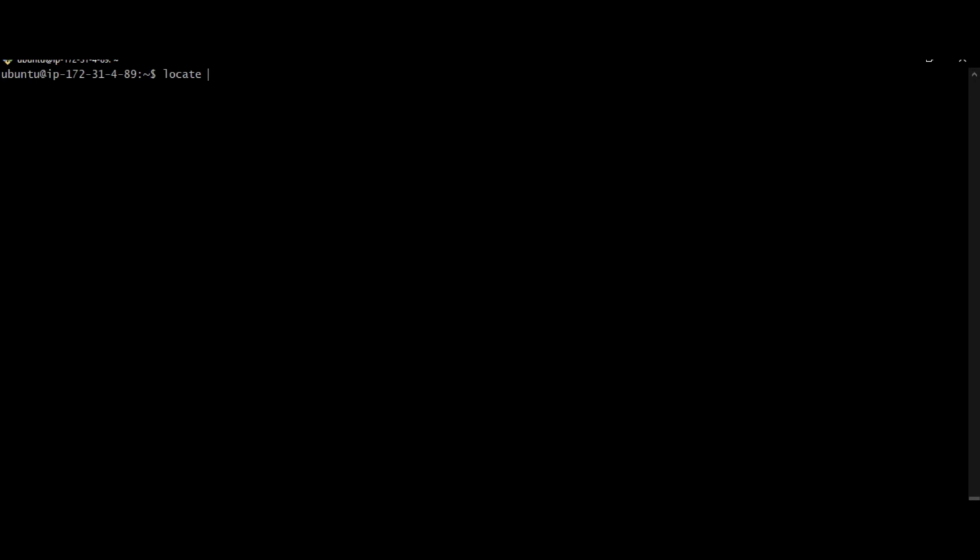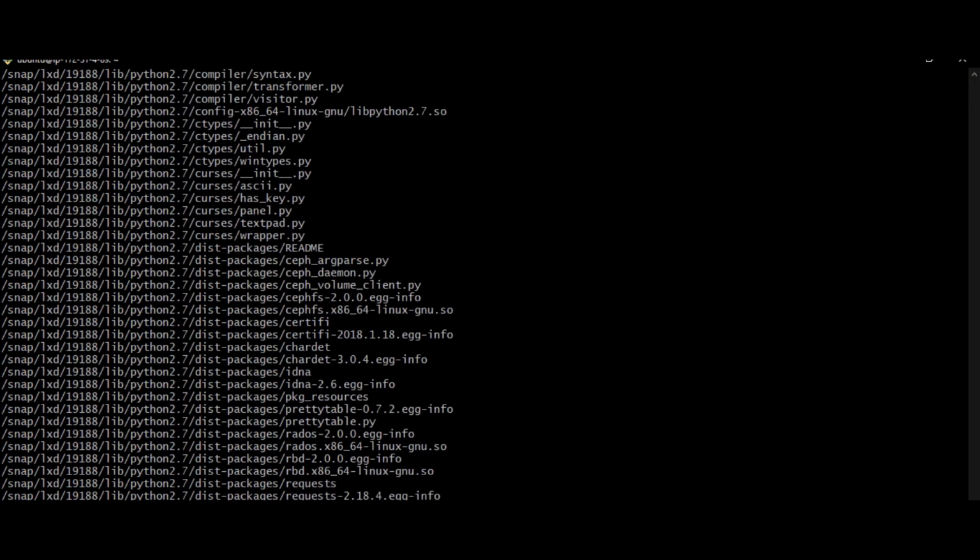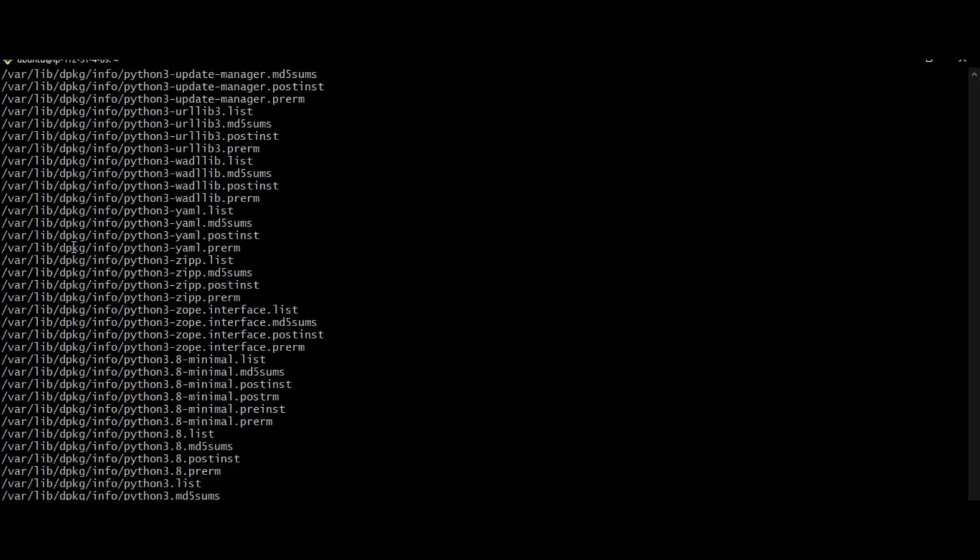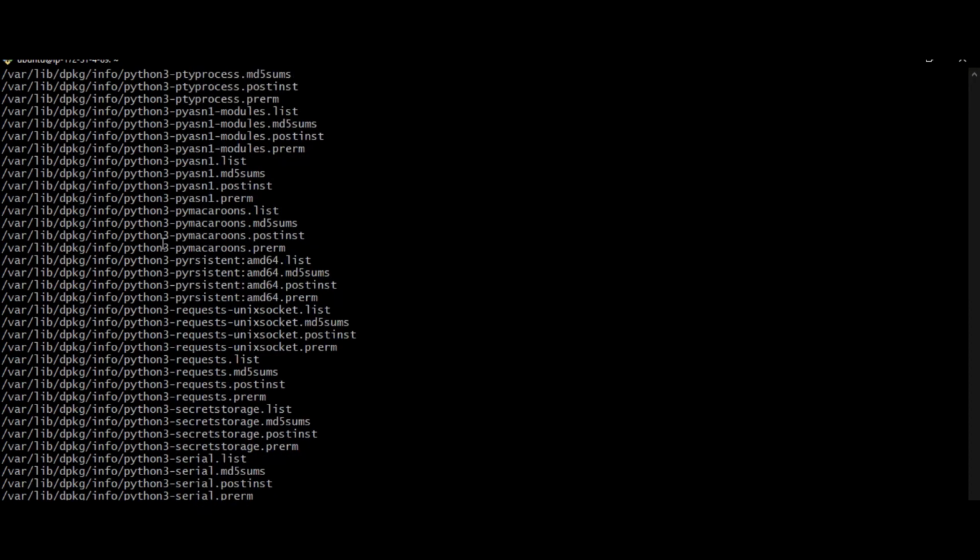So now I want to check whether the Python packages, Python files, or Python folder are available in my system. I want to locate those files by using the locate command and the file name. We can check the files and paths on my server like this.